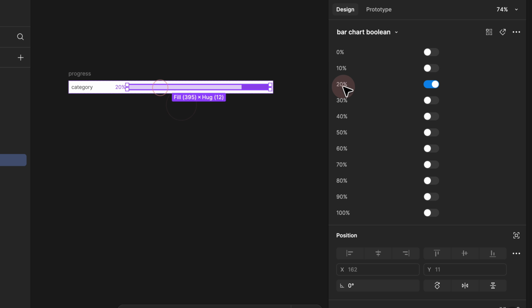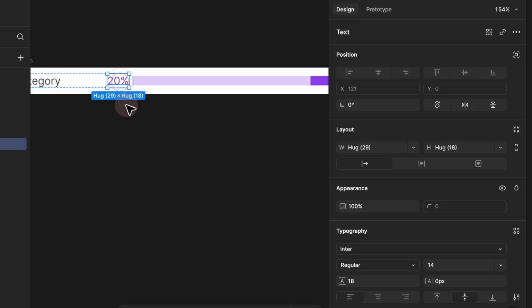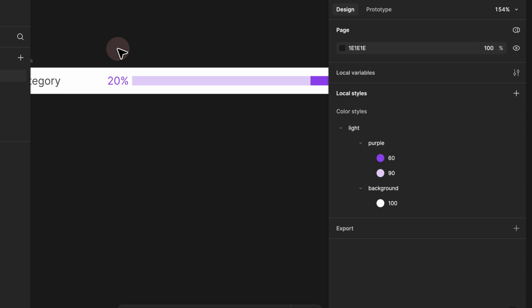So each time we go ahead and update that to 40%, the text here also gets updated. So what we can do is now modify the existing variant sets that we already created. This is a common example in the real world. You always need to extend your variants, remove and add elements. So this is a great example for us to practice and modify the existing variants that we